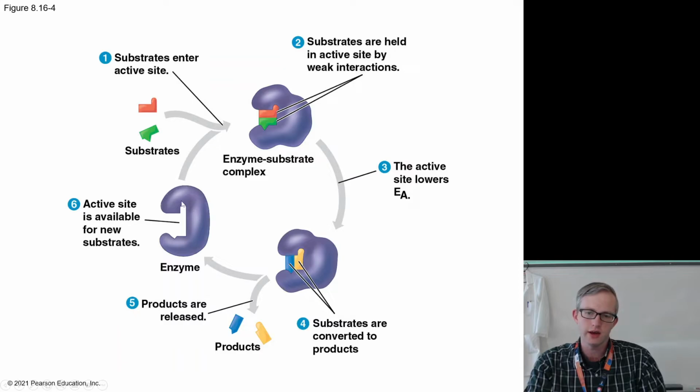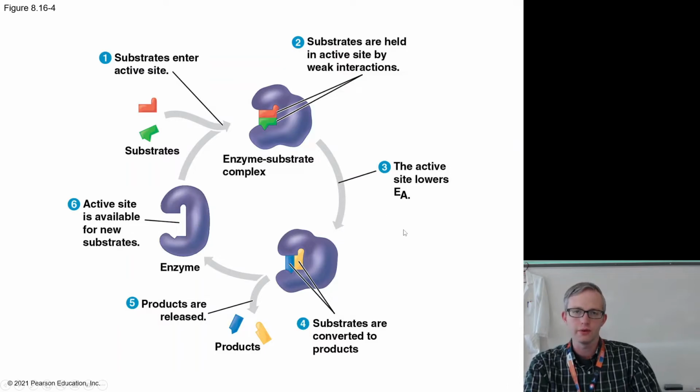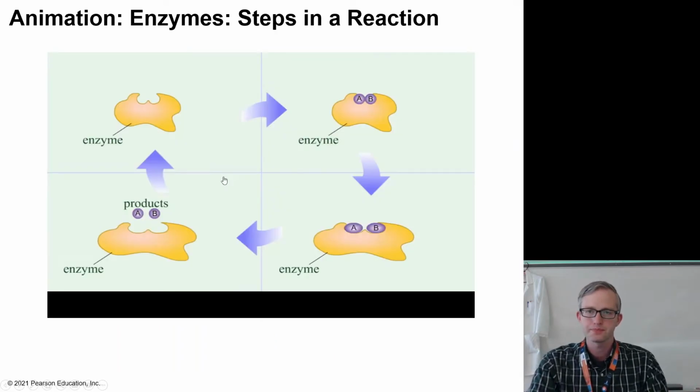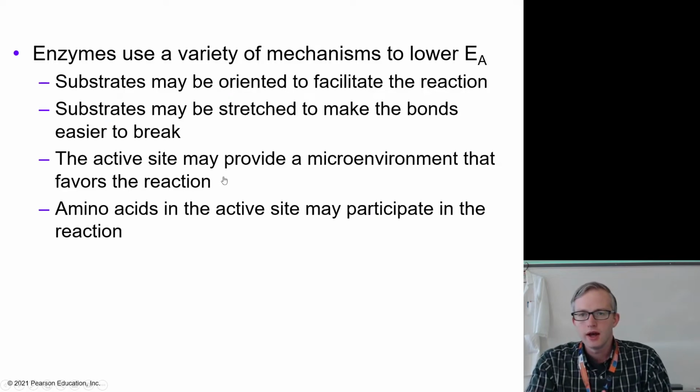That enzyme now is back into its ready-to-go state, ready to grab onto the next set of substrates. And you can see how when it did grab onto those substrates, they caused a change in the shape of the enzyme, which was probably part of the reason why it applied pressure to these things to lower the activation energy to begin with. So you can see how you kind of have to go through this multiple times before the whole story of it becomes clear. There's lots of ways in which enzymes do this. They can orient the substrates to each other. They can actually stretch the substrate to encourage it to break apart.